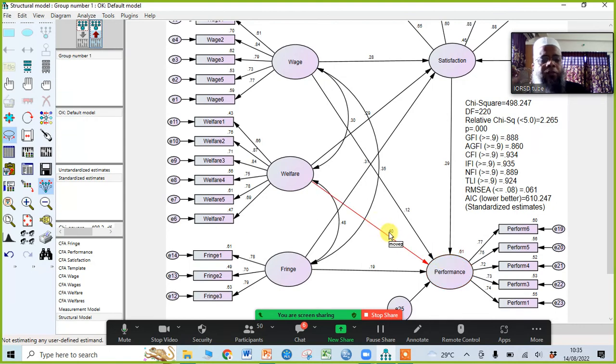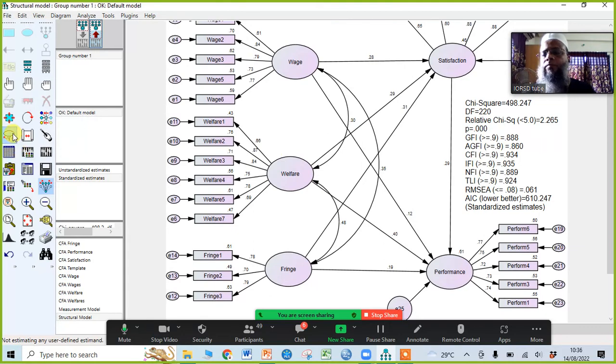So keep it so that we don't have any confusion. From the picture you can easily identify which value belongs to which. The values 0.35, 0.30, 0.48 are the covariances, and 0.28, 0.29, 0.31 are the relationships between OAs and satisfaction, welfare and satisfaction, and fringe and satisfaction respectively.